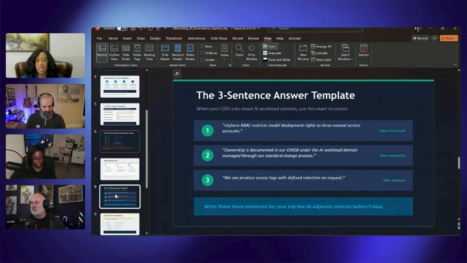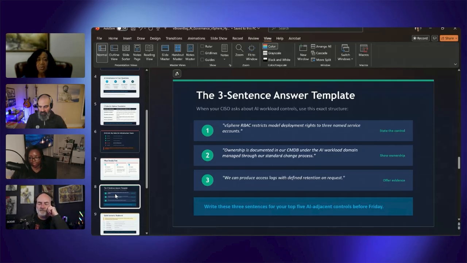So when they ask about AI workload controls from a governance standpoint, and they're going to be asking, because as the regulations start to come down, as we have more and more data privacy incidents, more and more security incidents involving AI, they're going to be asking the questions. And so this is that 3-sentence answer template that I really rely on when I'm training people about AI